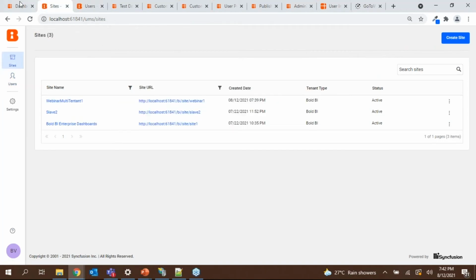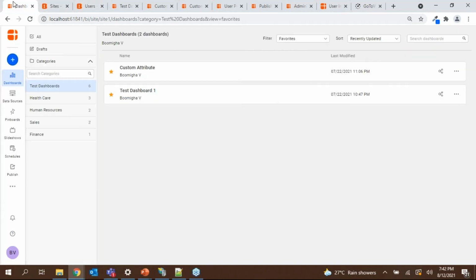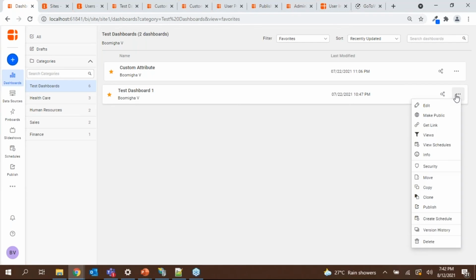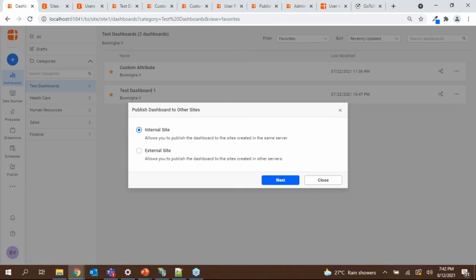Okay, then next we can go into the publish option. I have created dashboards in my tenant. Now I need to publish this dashboard to different tenants. It may be some other tenants created in Power BI, or it may be outside your Power BI tenant. In that case, you can publish the dashboards in two different ways: one is internal publish, or external publish.